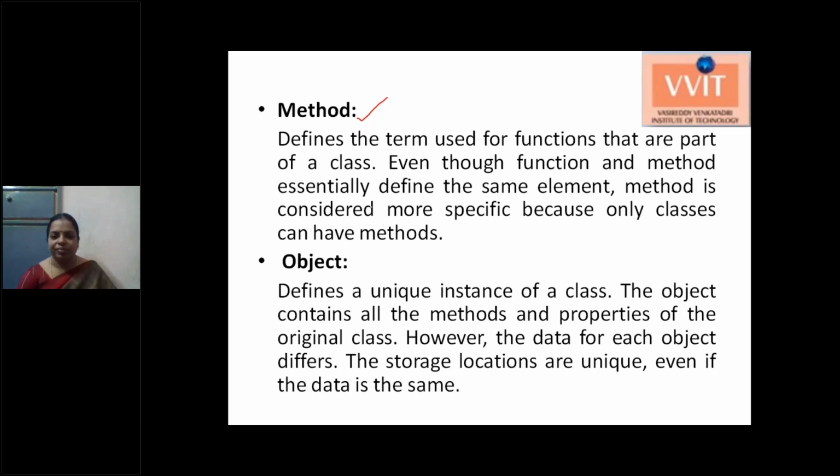Next, the object is also called the instance. Both are the same, object or instance. It can access the properties and methods of the class from outside the class. Whenever you want to access the class from outside, we create the object and access the class. Without creating the object, we are unable to access the class, and there is no use of the class. Once you create the object, then only we have use of the class.